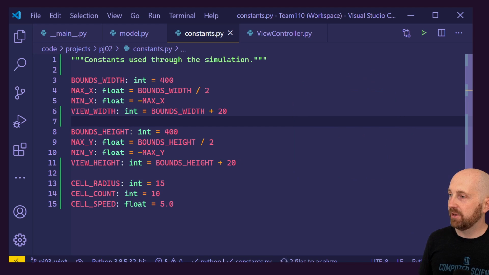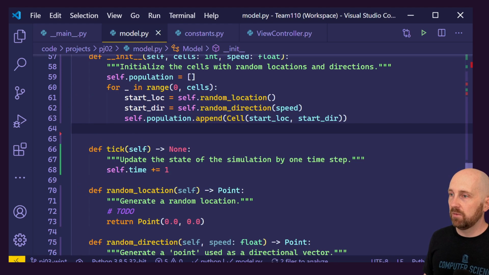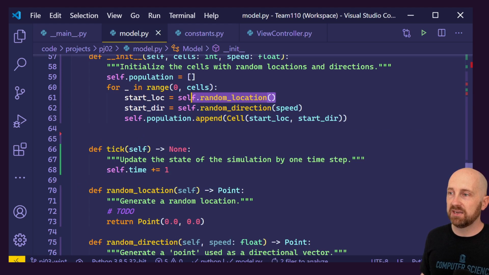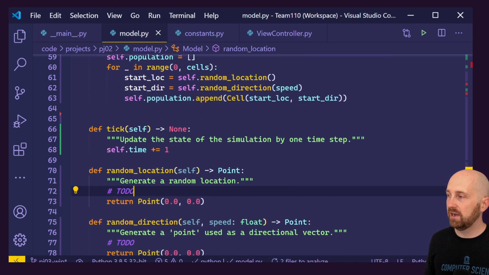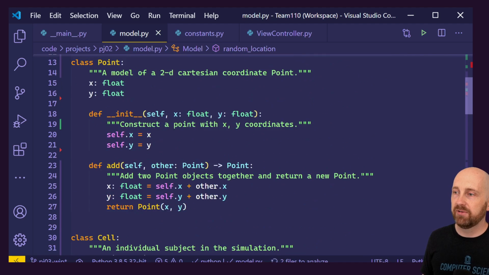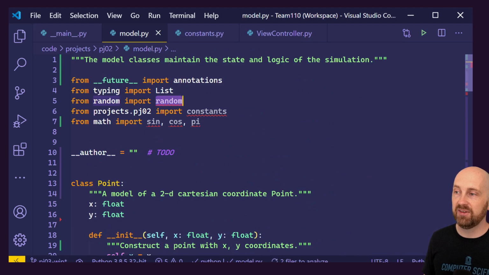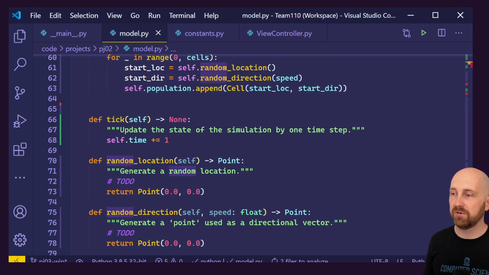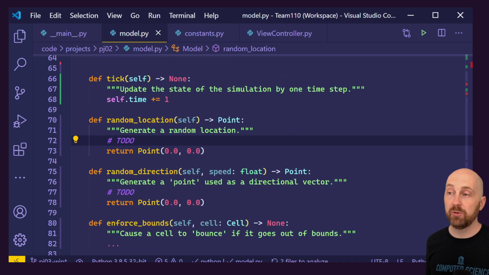So now that we know a little bit about these constants, what we want to do is make use of these constants in determining where we randomly place our cells as we generate them. So we went ahead and with wishful thinking said, okay, we're going to make the starting location be whatever is returned from this random location method. So let's go ahead and try generating a random location. Well, we've got a function that we've imported from the random library that's named random. And this will give us back a float that is a value between 0 and 1.0, but not inclusive of 1.0. So what we can do is we can say, okay,